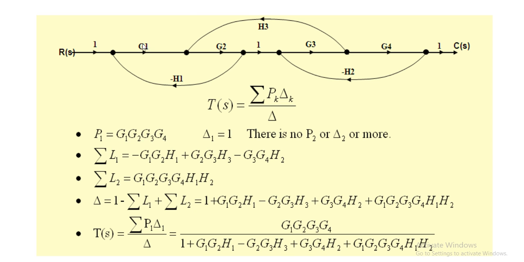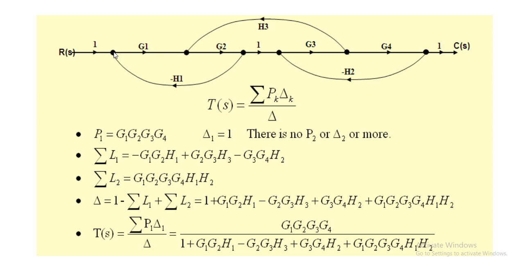Now this is about the first forward path gain. Let us see is there any other path available or not. See, I can go like this. I can't go here because this is a reverse path. Similarly I can't go here also because it is a reverse path. So by observation I can say that there is only one forward path. So as the forward path is only one, this will be a very simple example to solve. Now we have to see the loop gains. Now individual loop gains we have to calculate.